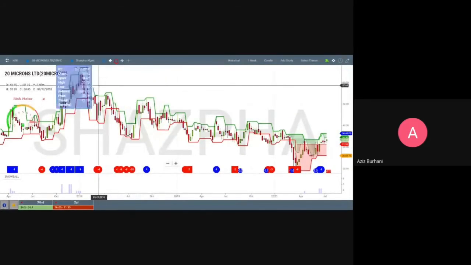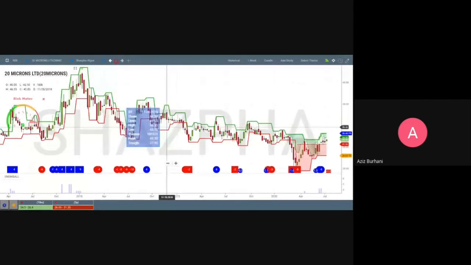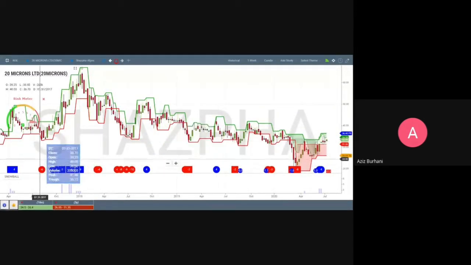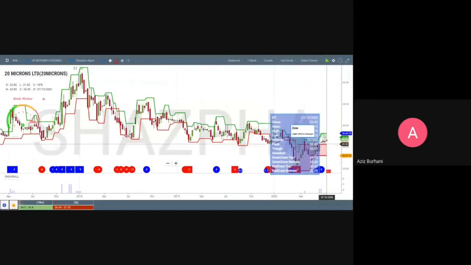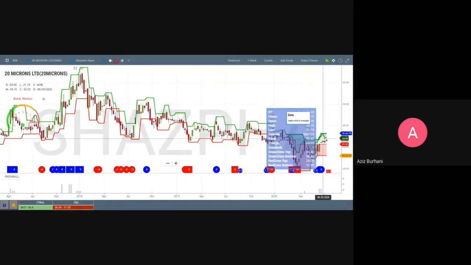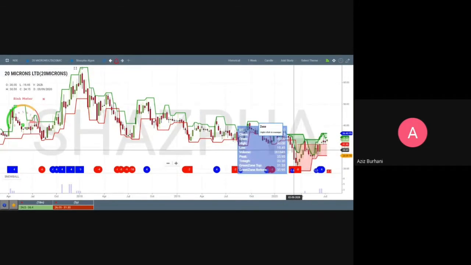So this horizontal line here is the peak, and this horizontal line here is the trough. The red line is the trough, the green line is the peak. If you see here, this green patch is the zone, green zone, and this red patch here is the zone. Now this zone is this green patch here and this red patch here. Now what this zone signifies, where it is useful, I will tell you later.